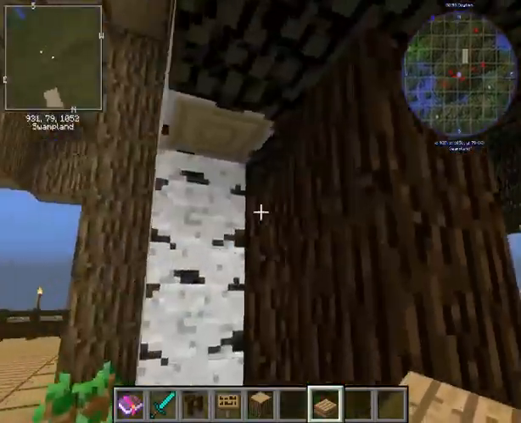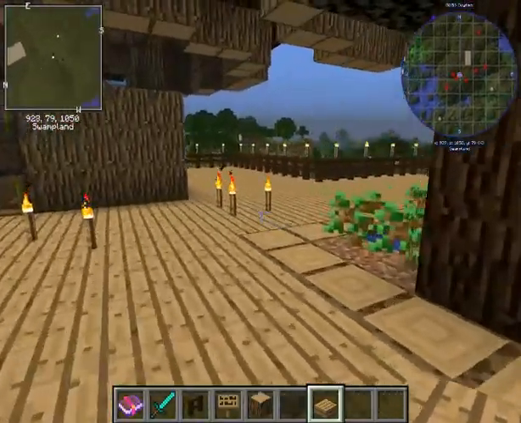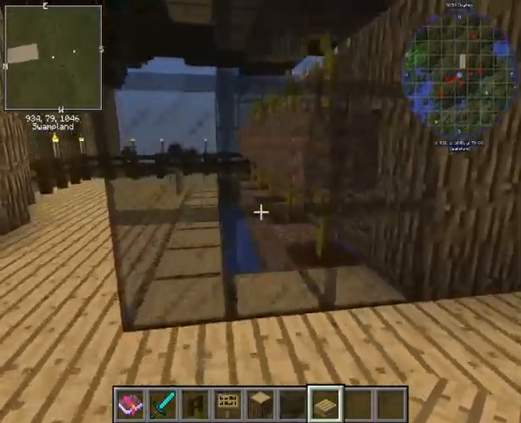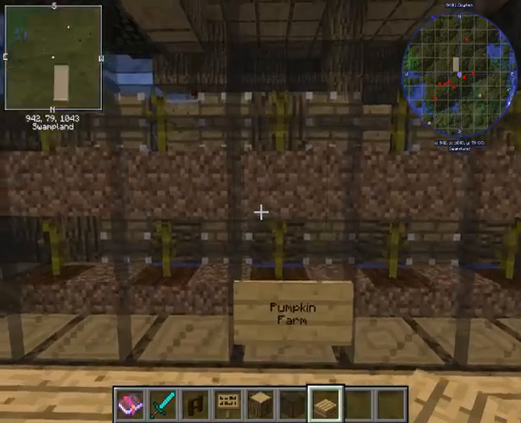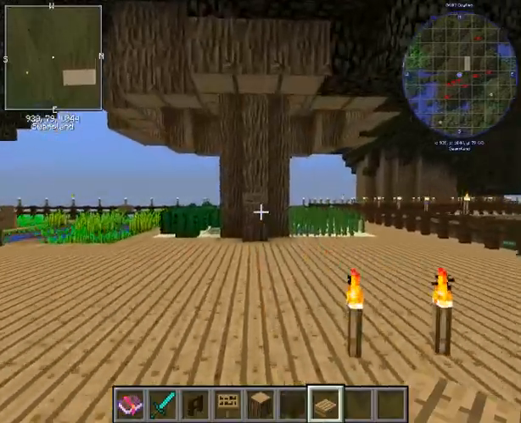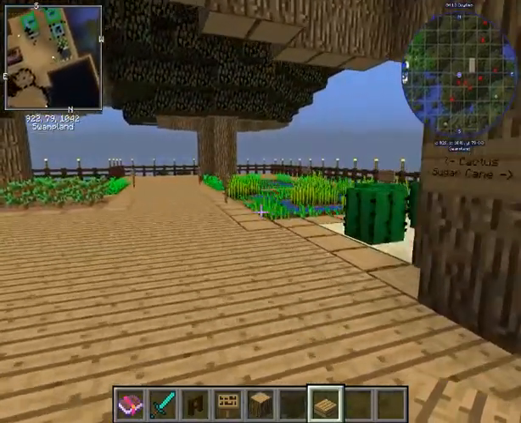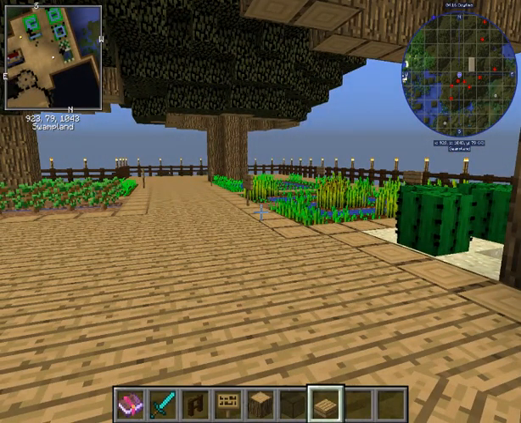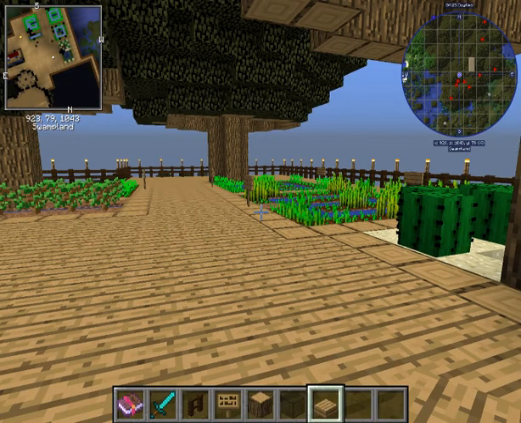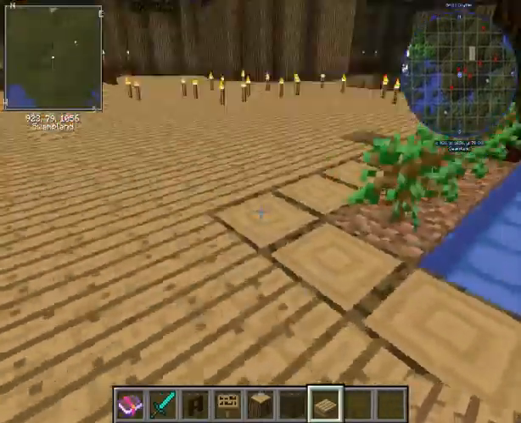Now I did originally have thoughts of just taking these and placing them all over here, and then having a similar setup to the pumpkin farm for other stuff like the cactus and the sugar cane. But then I was like, you know, I don't really need to go that much into it. I don't need to go that old school. But